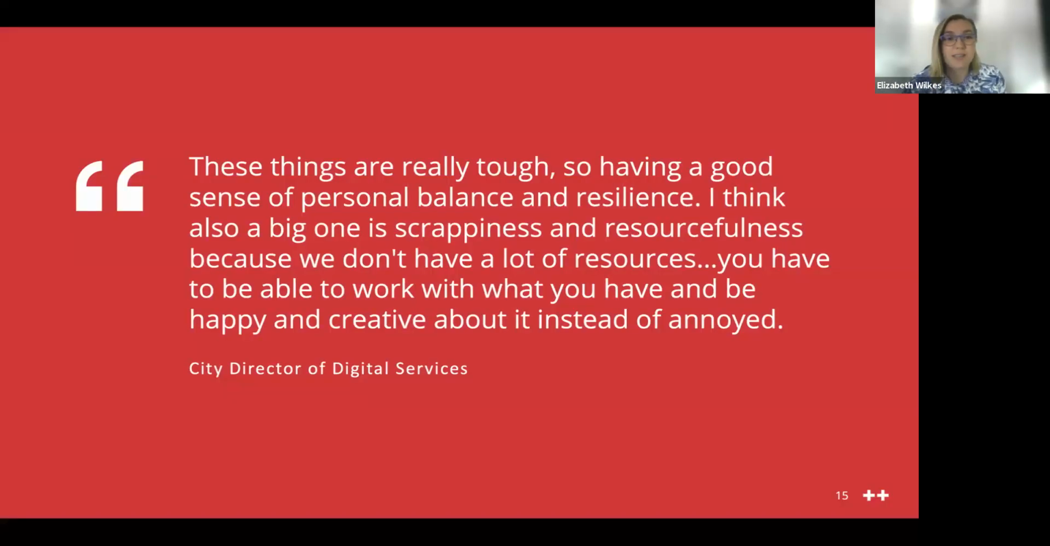Another standout quote to us really gets at this idea of scrappiness and grit being an attribute to look for when you're developing questions to use in interviews. "So these things are really tough. So having a good sense of personal balance and resilience. I think also a big one is scrappiness and resourcefulness, because we don't have a lot of resources. You have to be able to work with what you have and be happy and creative about it